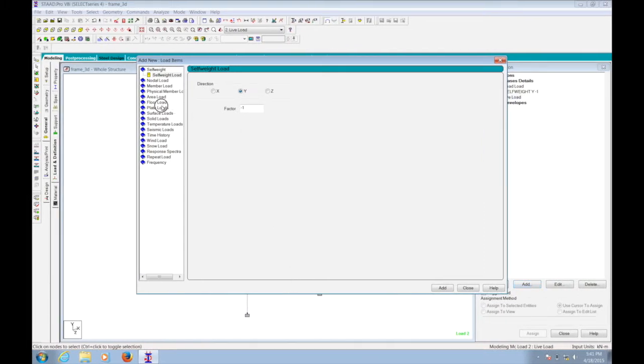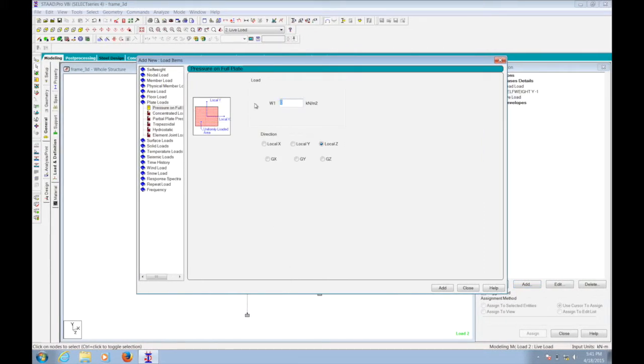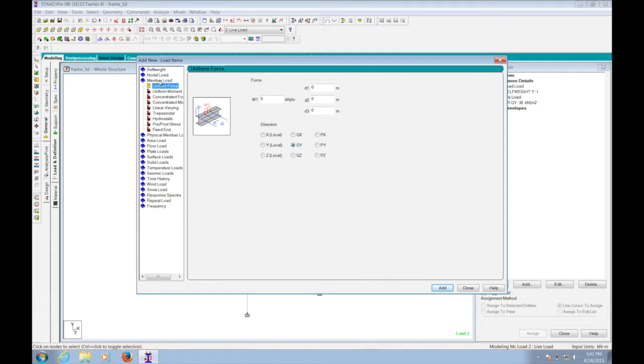So first will be plate load of minus 30 in global y direction, add, and a member load of uniform force of minus 5 kilonewton per meter in global y direction, add.